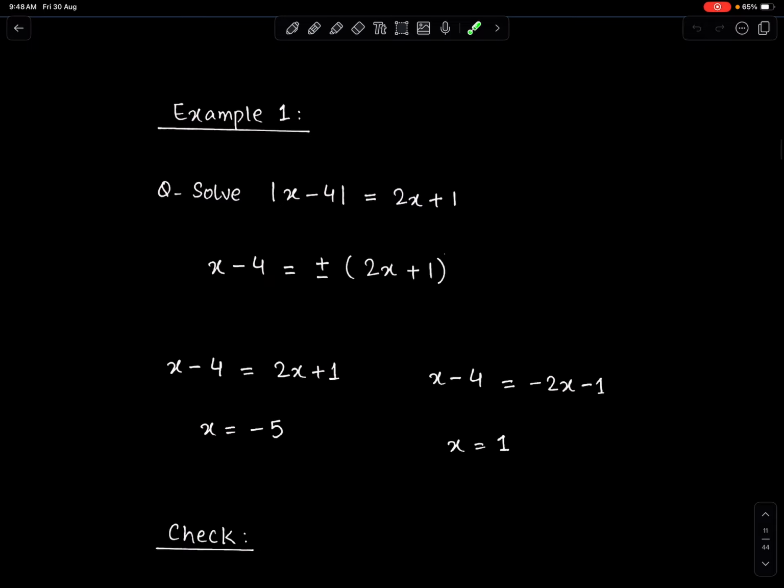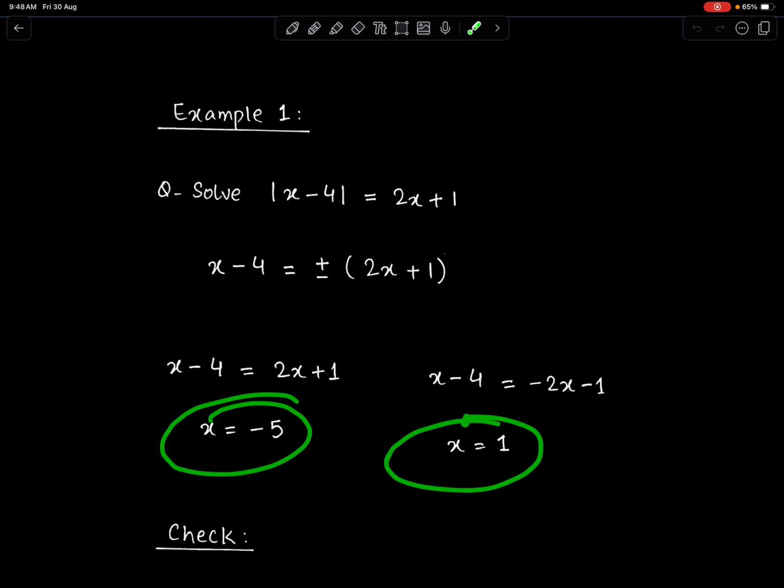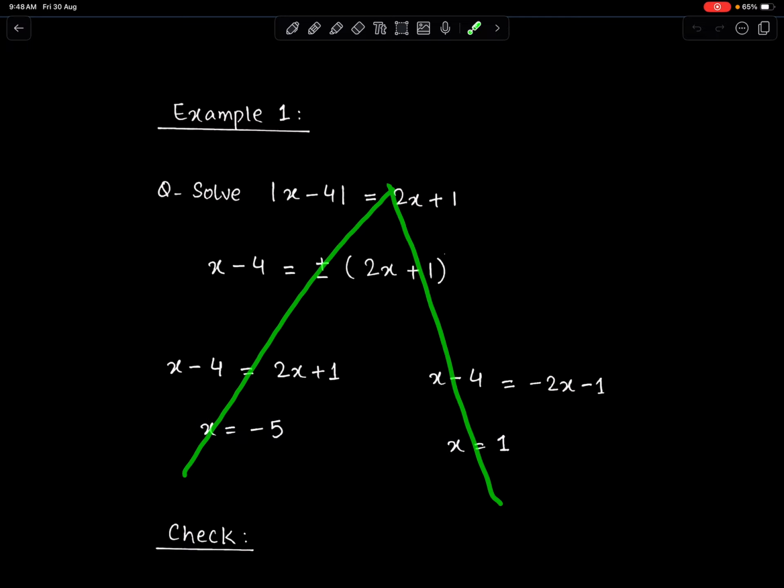Example 1. Modulus equation. This is the algebraic modulus equation. So when we remove modulus, we will write plus minus on right hand side. Now we have two possible equations, one with plus sign and one with negative sign. Now we have got two answers. Make sure when there is modulus on one side and variables are on both sides, then always check your answer